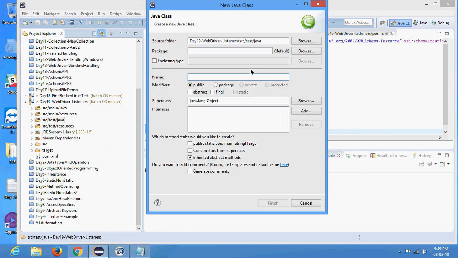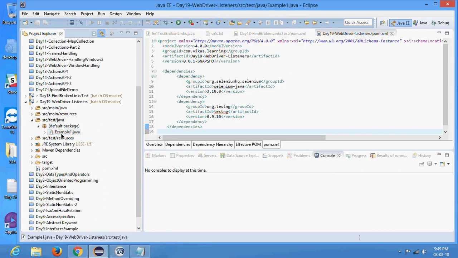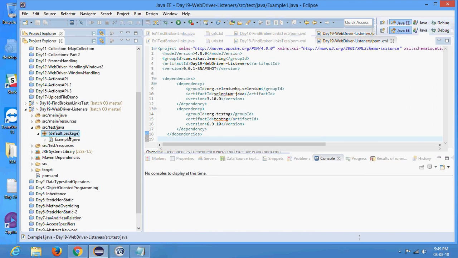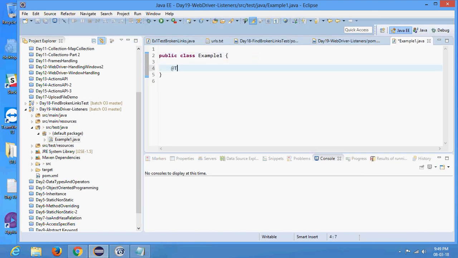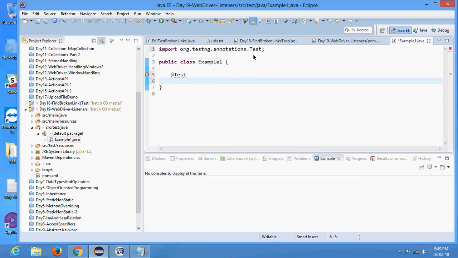Obviously, the class name I want to give is, let's say, example1, and there I will write a test case. The test case which I'm going to write, let's say test1. Generally what we do is, first I need to write